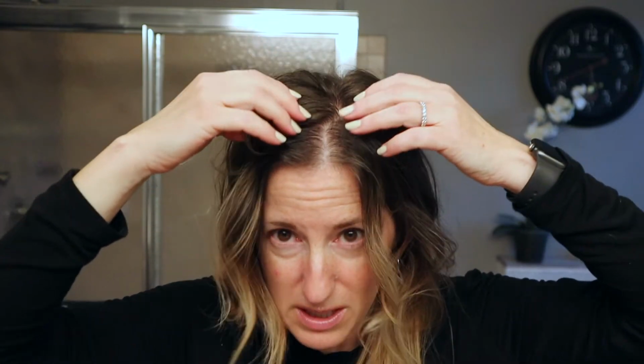Then I'm going to do a little on the sides where I have the lightest amount of hair. And then I've been actually focusing more back here as well. Once you get it on, then you just want to use the tips of your fingers to really massage it in. Now, as far as the check-in goes, when my hair's wet, it's a little bit easier to